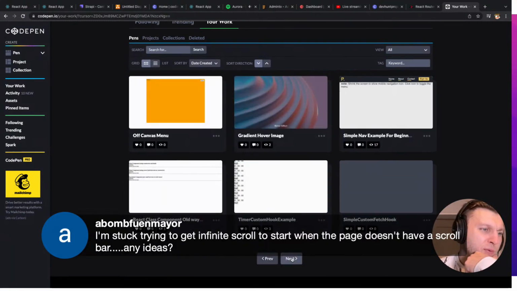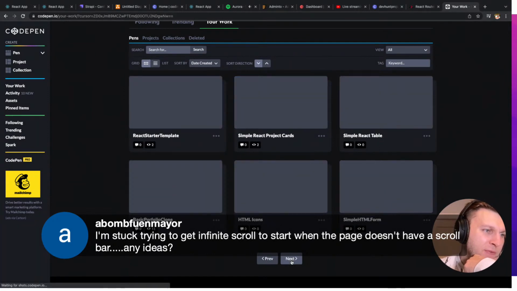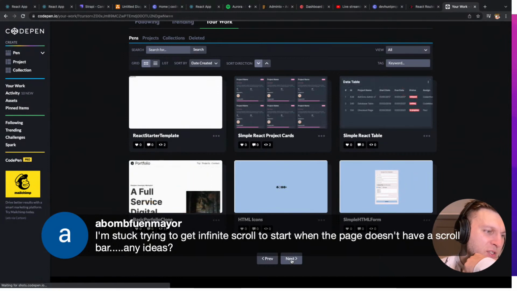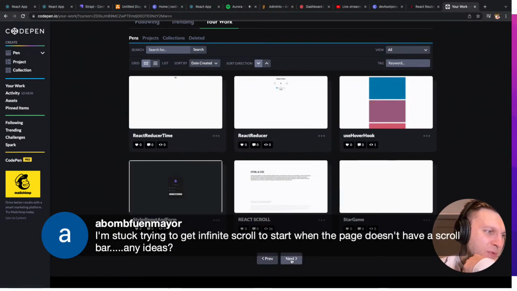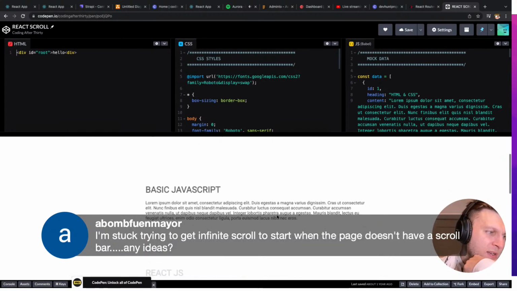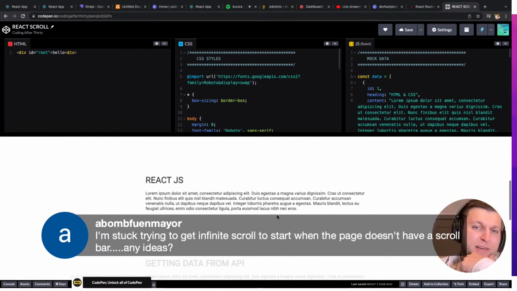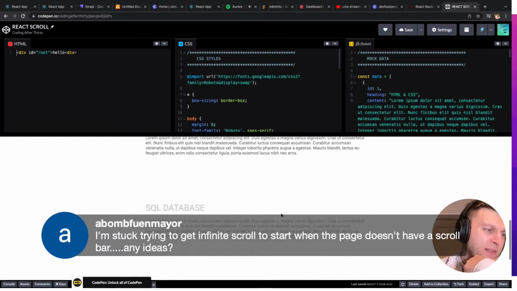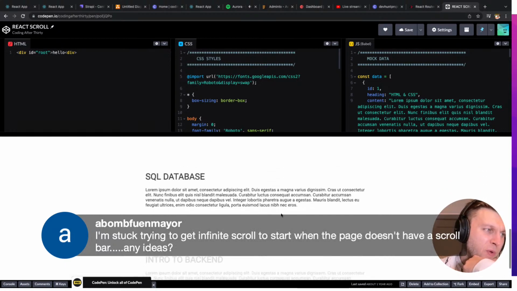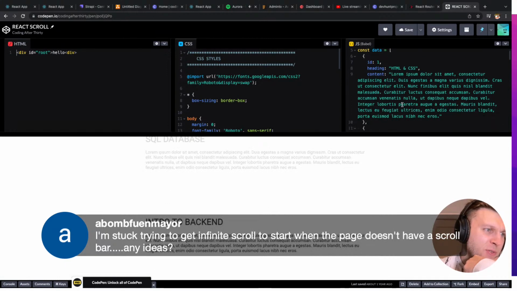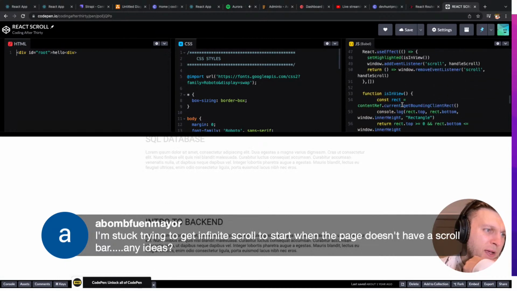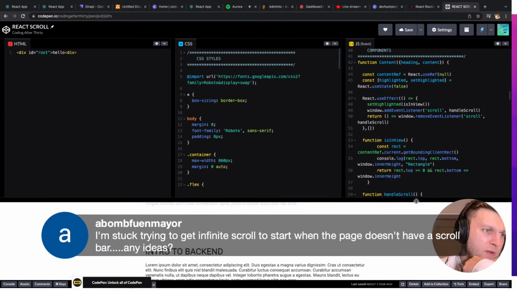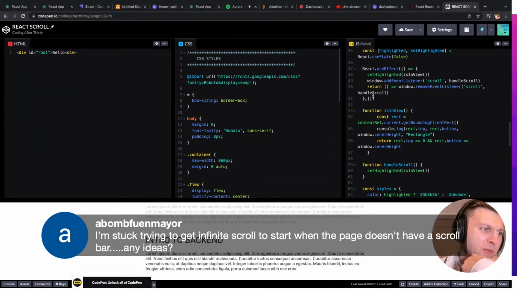Yeah, but I would say, to trigger scrolling, you need to have space to scroll. So you would have to have more data than could fit on the screen. I'm sure there's other ways of doing it, but here's a React Scroll example. It doesn't get the data from the API, but notice how when you get to the middle of the screen with the content, it turns from grayed out to black. And this was a while ago, so I don't even remember what we're triggering. Okay, so the way I'm triggering is